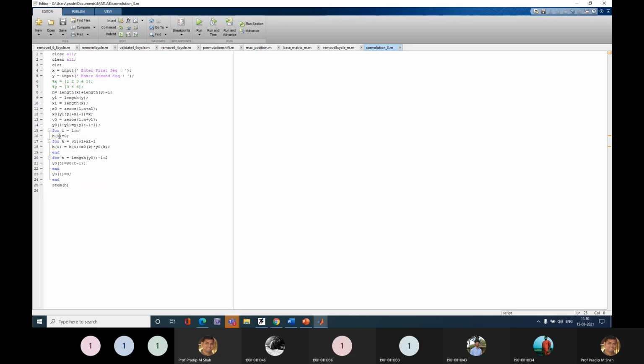In that variable, initially I take the output as 0. And i varies from 1 to n, where n is the total length of my output sequence. So this is my final output length, because this for loop is for your summation operation, summation of n equals minus infinity to infinity.